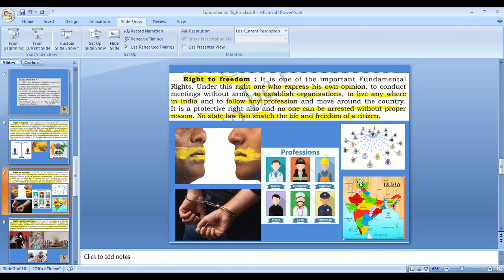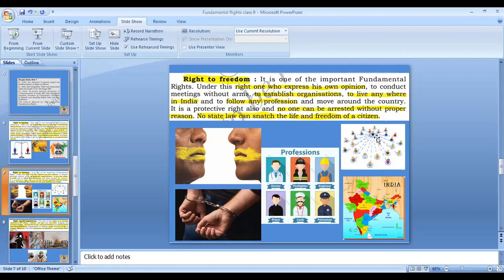So you may live in Jammu, or you may live in Tamil Nadu, the southern end in Kanyakumari, or you may move towards Gujarat or Rajasthan, or if you get fed up with Rajasthan or Gujarat, you can move directly to Arunachal Pradesh and live there. So that is the freedom given by the Indian Constitution to every citizen. Live anywhere.